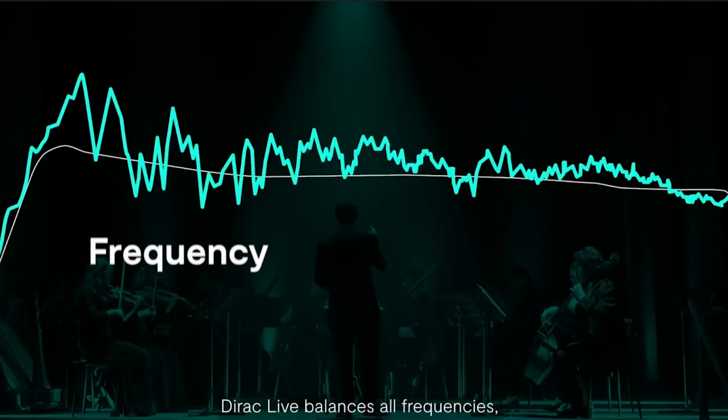ASUS has worked with experts at DIRAC to optimize the output of these speakers so no matter if you're watching a movie,